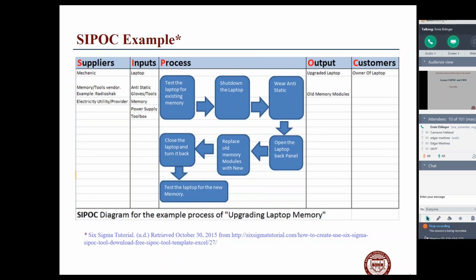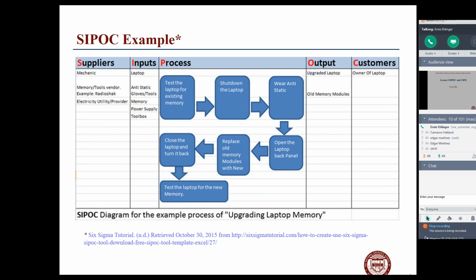And then you can put your process in here, not the detailed flow chart, but a summary level. The intent, again, for the SIPOC is to cram everything onto one sheet or one slide, because you want to show the big picture and the relationships between these things. And what comes out of this project? What comes out of this process? What is the intended outcome or outputs?